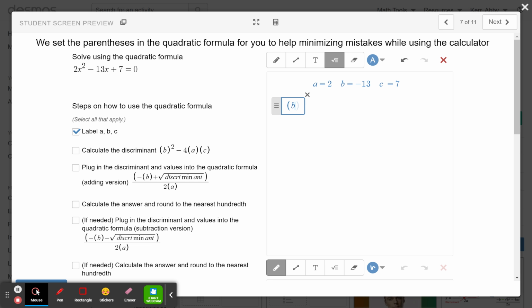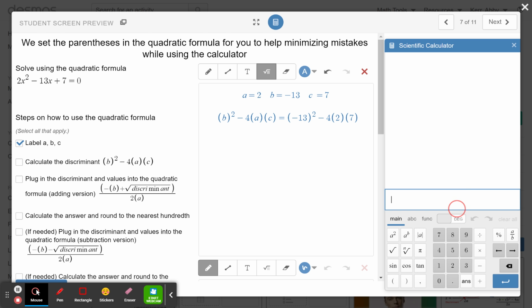So my b squared minus 4ac is really negative 13 squared. And if you don't use parentheses, the calculator will do it wrong. So make sure you do parentheses. So I just plugged in my values. Now, since I typed it, I'm just going to copy and paste it. So the calculator is going to get me